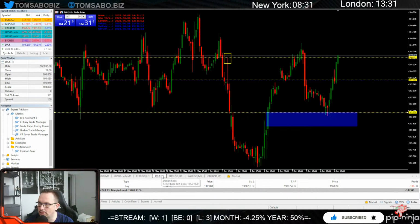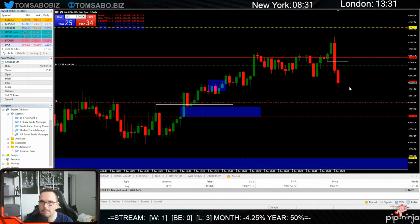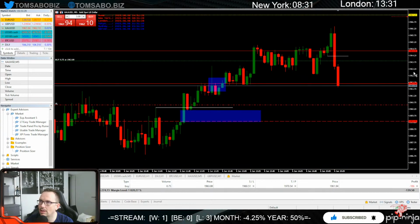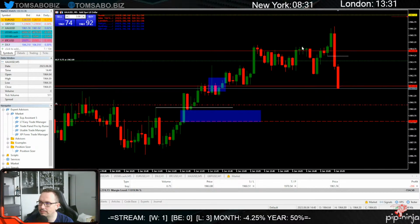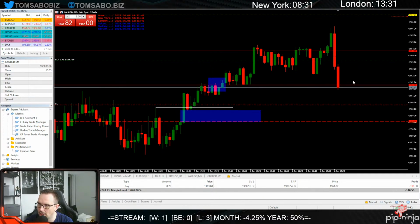What's dollar index doing? Yeah, it's going higher. It's not good. There's still a little bit more than 3 minutes for this candle to be closed. And we have sell side. Let's not forget, we have lots of sell side down there. Yeah. So there's two scenarios here. Either it's gonna take our stop loss here,